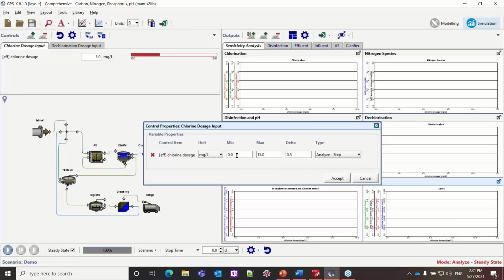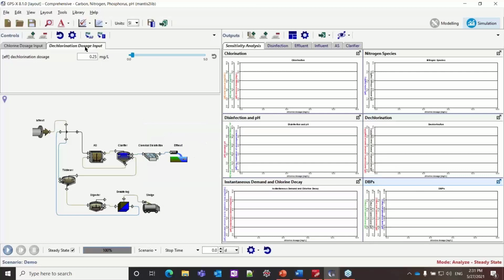So it's going to start at the 0 dose and go up to 15 in steps of 0.5. And we're going to see all these results of what happens on this graph. I also want to mention that I have a dechlorination dosage of just 0.25, and I'm going to hold that constant so we can see what happens with dechlorination as we increase the chlorination dosage as well. I'm just going to start running this, and I'll keep talking over it as it goes.